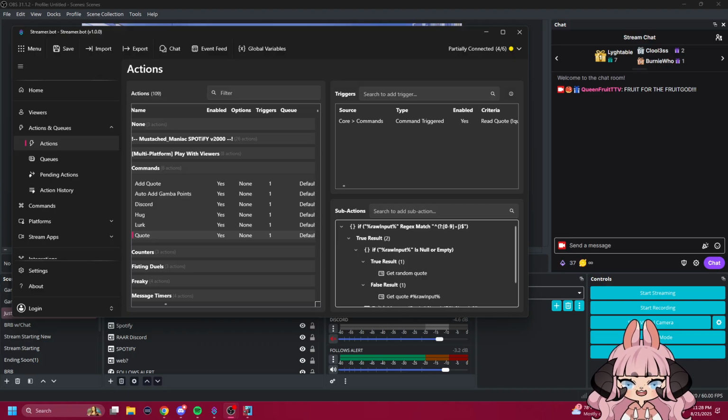Look at that, we have night mode now. I ain't flashbanging myself when I open this